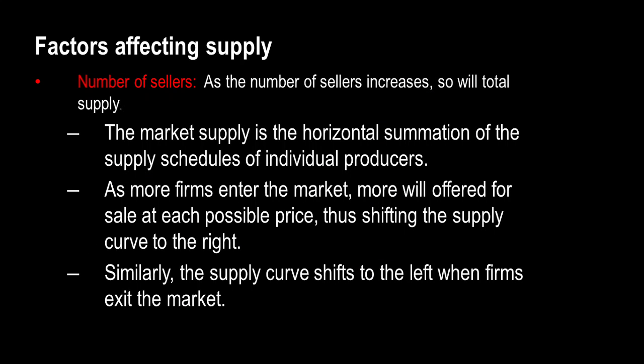And lastly, what affects the supply is the number of sellers. Simple logic here: if the number of sellers increases, supply will be more, right? And if the number of sellers is less, supply will also be less, right? This is a very simple correlation between the number of sellers and the amount of supply in the market. And you know that when the number of sellers is more, there will be a rightward shift. If the number of sellers declines, then there will be a leftward shift in the supply curve.